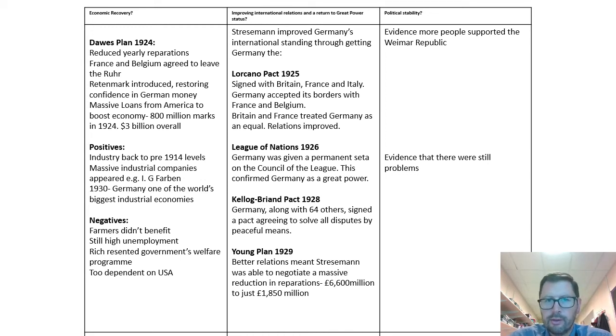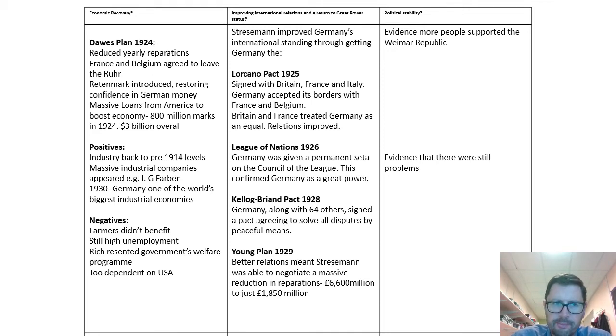Hello Year 11. You should have completed this grid as part of last lesson's task. So you should have completed information about the economic recovery of the Weimar. You should have information about the improving international relations of Weimar. And finally, you should have how that impacted political stability in Weimar. We're now going to use this information in a very specific way, and I'll need to show you that on